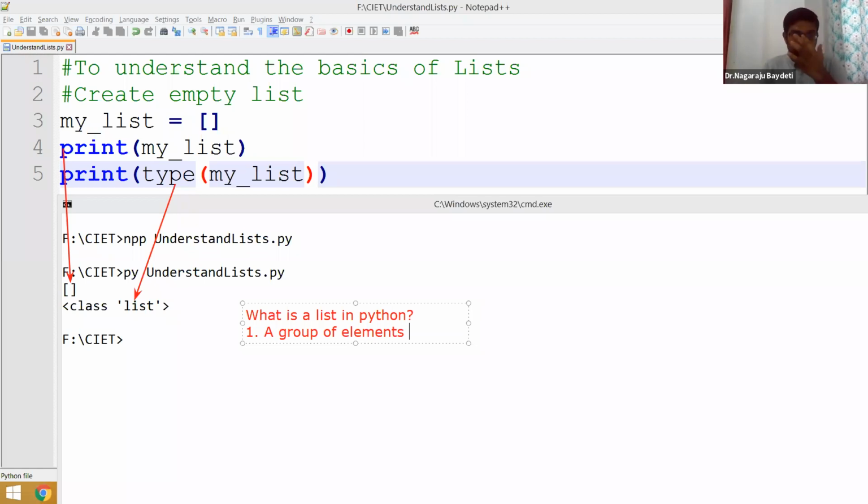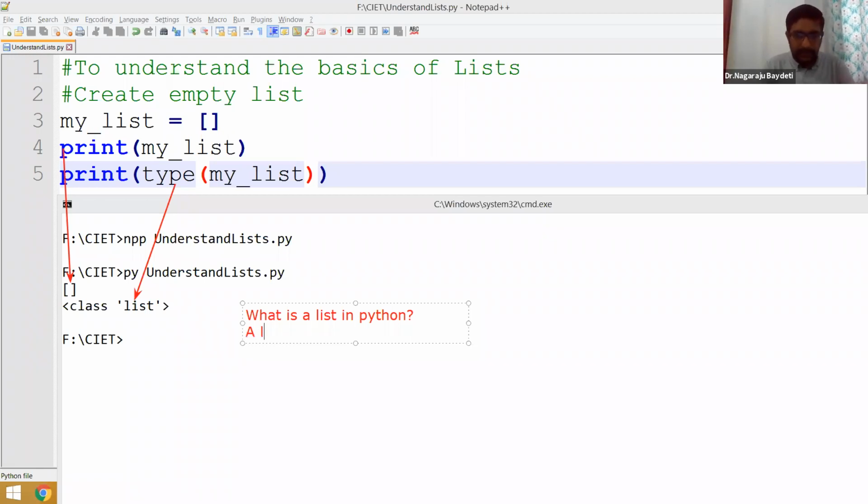I am telling this only because you are going to have campus placements and you are going to prepare for them. So this is one kind of technical tip that I can offer you as an ex-student and a current faculty. Even I prepared for campus selections when I was studying in my MTech first year. So what is a list in Python?